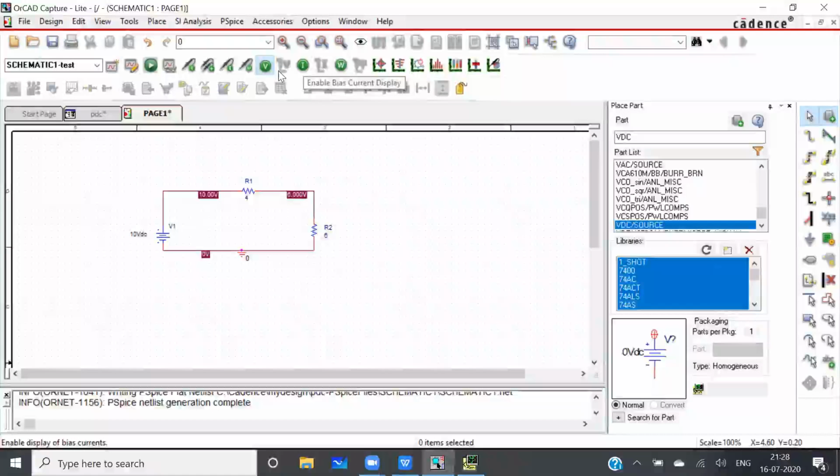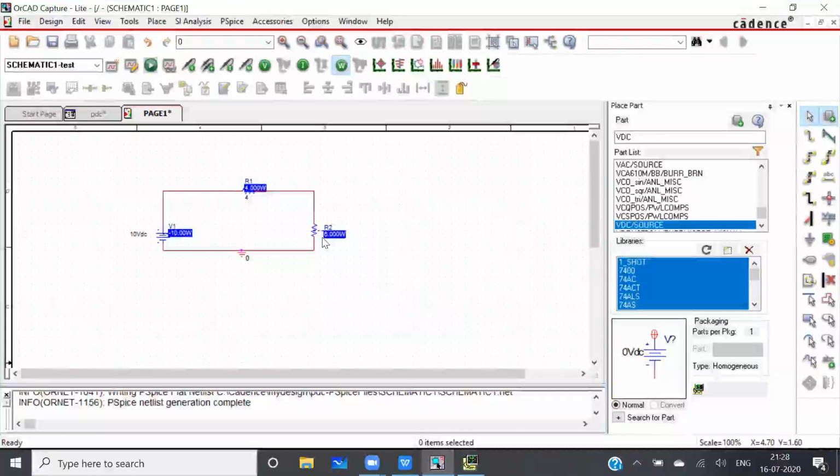Similarly, if I want to find the current, I need to select on this current mark. So you can see the current has to be equal to 10 volt divided by 6 plus 4, which has to be equal to 1 ampere. Similarly, if you click on this W marker, it will show about the power. So you can see here this power dissipation across this R1, it is showing us 4 watt.